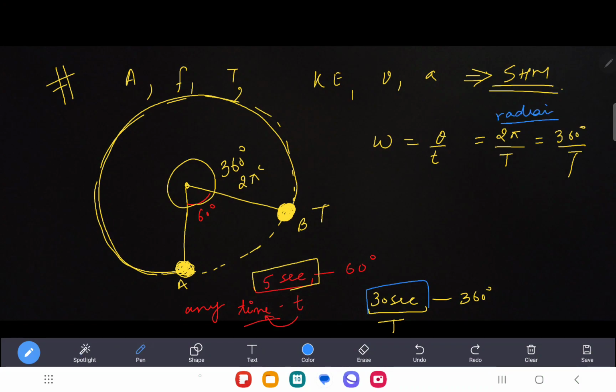So that means I do not need to write down the 360 degrees, but when I say 2 pi over T, I hope you're understanding. What does that mean? You tell me. It means it is 2 pi by T. So omega could be written down in two ways now. Now have a look. Theta over time is omega, no doubt of